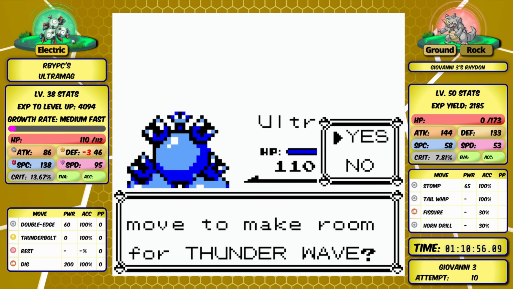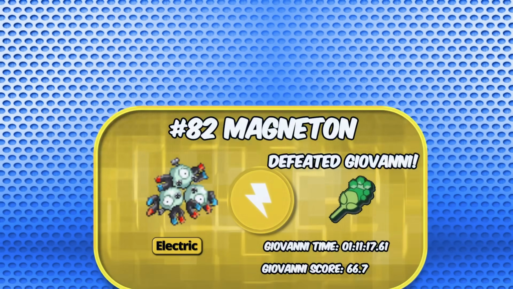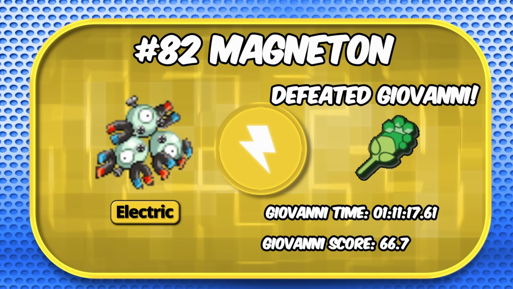We can learn the move Thunder Wave here. I'm not sure if it's worth having Thunder Wave for the end game though or not. Double Edge is basically our strongest physical move, and Thunderbolts are effectively our strongest same type move. So I think we have to skip Thunder Wave, and we're ready to go to the league, but this has